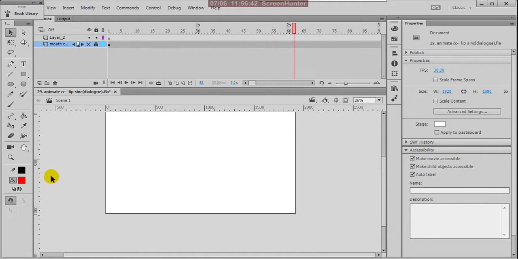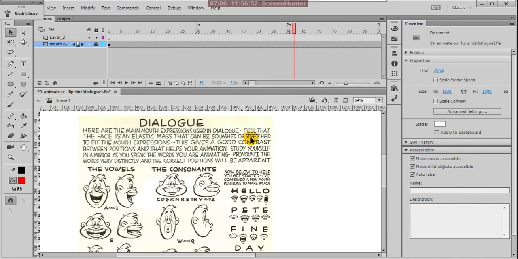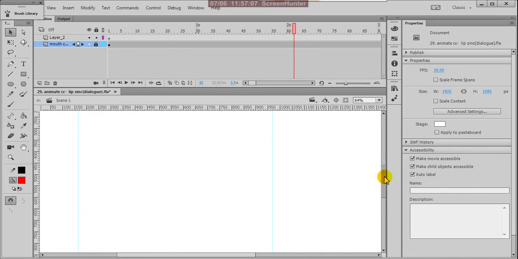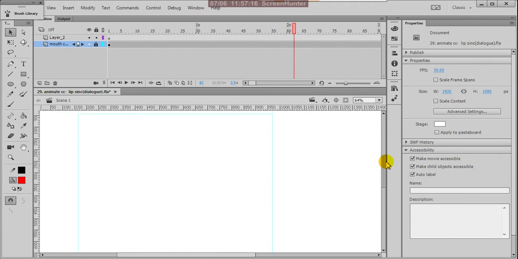Hi, today I'm explaining about preparing a character for dialogues. In the previous class, I clearly explained the procedure, how to make your ellipse and how to separate your mouths according to your voice sound and all.